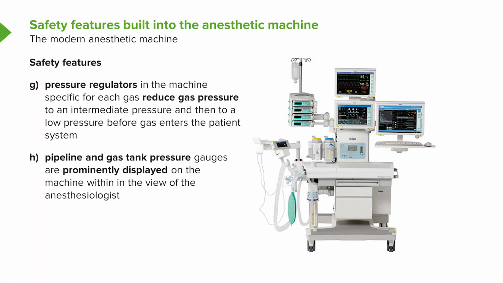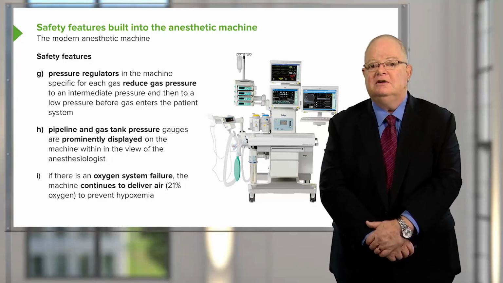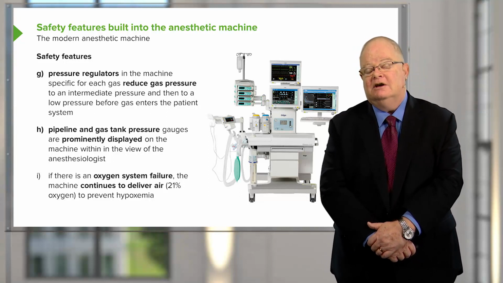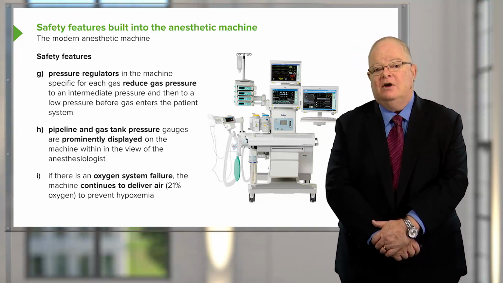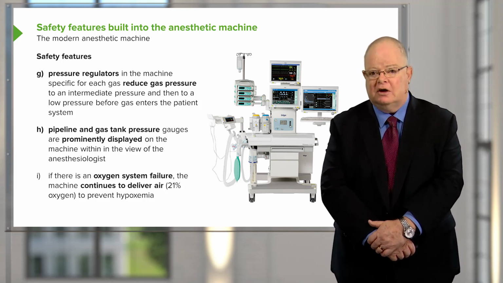Pipeline and gas tank pressure gauges are prominently displayed on the machine within the view of the anesthesiologist. And in hospitals where there are big banks of gas cylinders or liquid oxygen containers, the equipment is checked daily. If there is an oxygen system failure, the machine continues to deliver air, which at least has 21% oxygen in it, to prevent hypoxemia. In other words, it's not really possible to inadvertently deliver 100% nitrous oxide, for instance, to